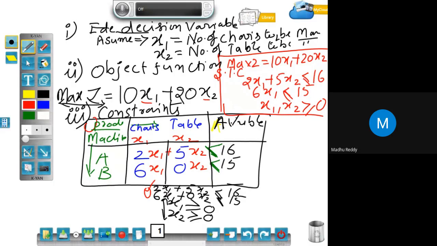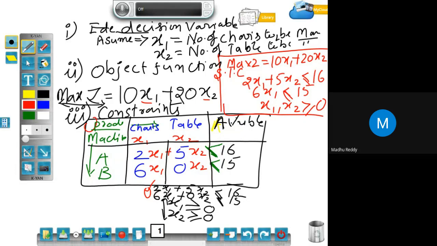Is it okay? Sir, if we take x1 as 3, it will be wrong, right, sir? What, madam? If we take x1 as 3 or 4, the value will be higher, right, sir? That may be, but we didn't solve the problem now. We will solve the problem using other methods. We are only formulating it into the linear equations. At present, what are we doing? Only specifying this problem as linear equations.